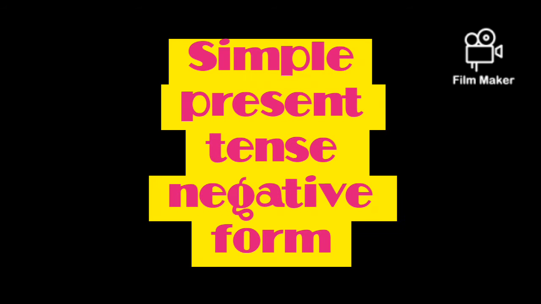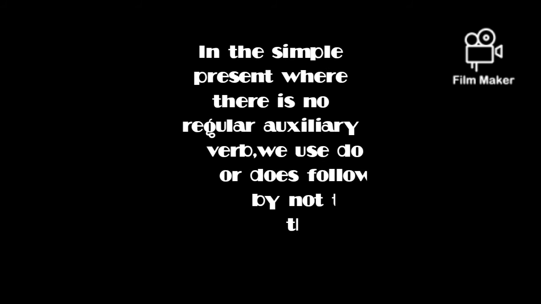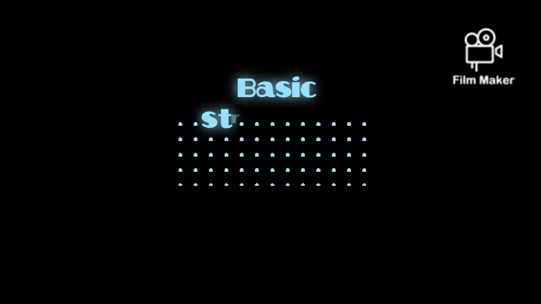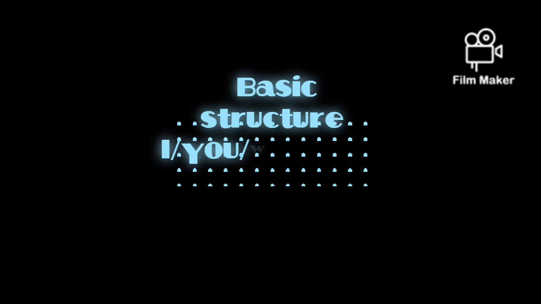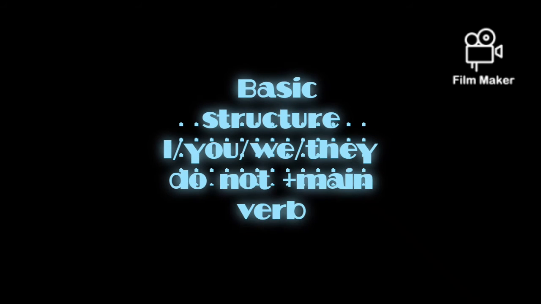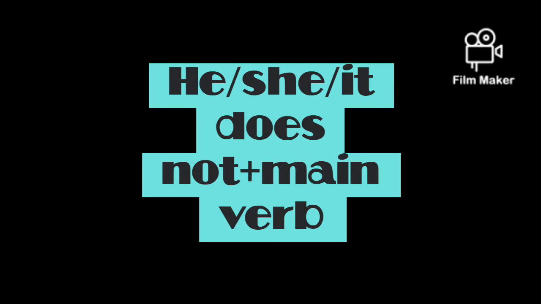Simple present tense, negative form. In the simple present tense where there is no auxiliary verb, we use do or does followed by not to form negative sentences, plus the main verb. Now, the structure is something like I, you, we, they, do not, plus the main verb. And for the third person singular, she, he, it, does not plus the main verb. For example,